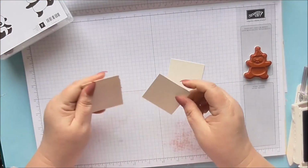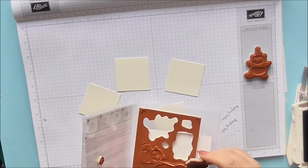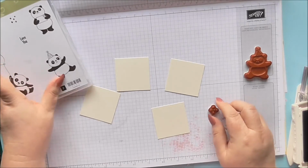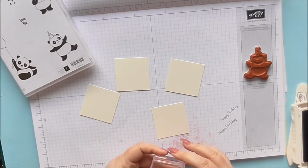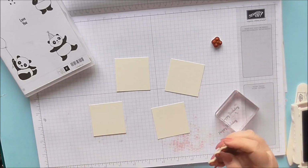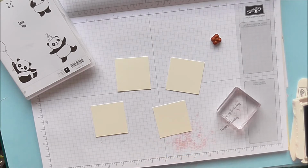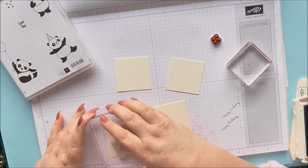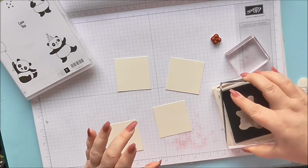So I've got my 4 pieces of very vanilla, and I'm going to use the party pandas. I wasn't going to, but I've decided that's what I'm going to use. First of all I'm going to stamp the party pandas, so I'm going to get a bigger block. Blocks are all tinged pink because they just are, and I'm going to put my party pandas onto each of those, and they just fit. So I'm going to put them on 3, and I'm going to put them in 3 colours. I'm going to put fresh fig,